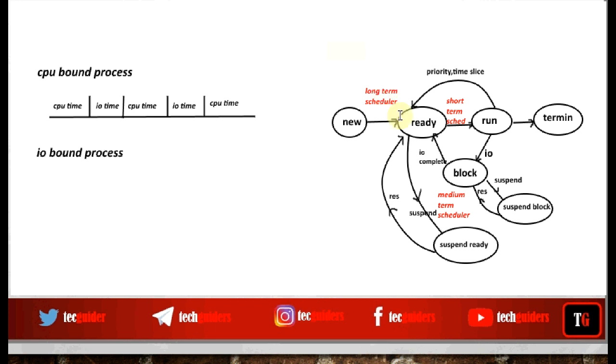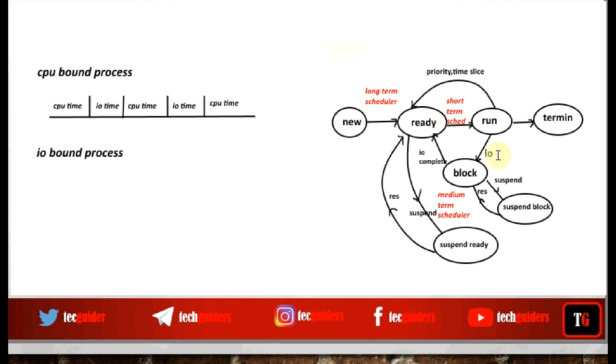It decides how many processes can be concurrently executed by keeping them together in the main memory. It decides whether a process is to be admitted to the ready state in the main memory or not. So that decision should be taken properly by considering the resources such as main memory space.